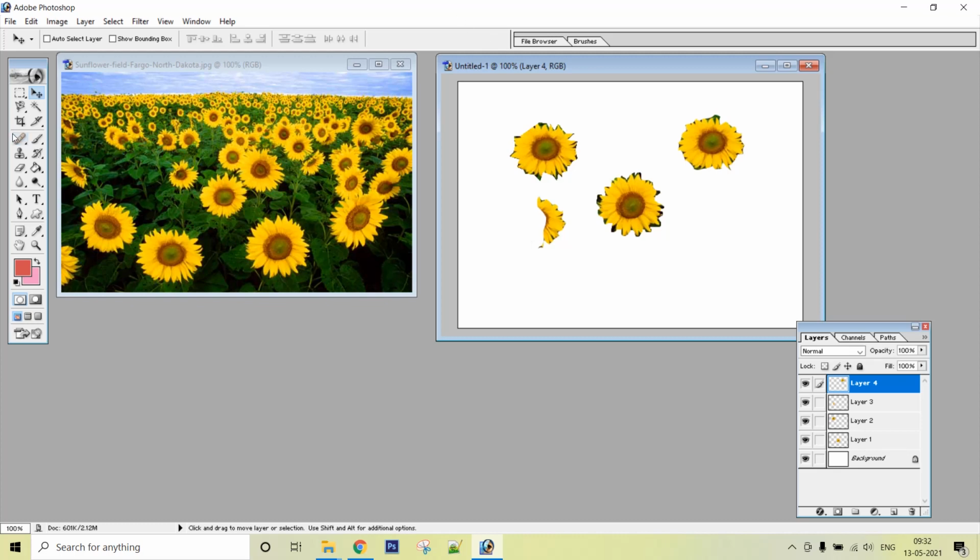And about the magnetic lasso tool, I want to tell you here that you can define what will be the edge contrast. So edge contrast determines the difference in color or brightness value between the object and its background for Photoshop to consider something an edge. The value of edge contrast lies between 1% and 100%. Higher value detects the edges that contrast sharply with their surroundings and the lower values detect lower contrast edges.